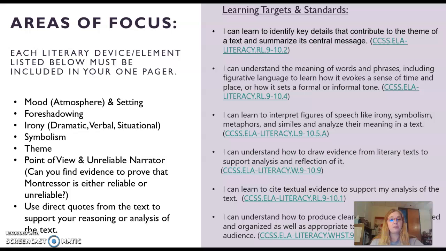And now we're going to look at our learning targets and the standards. Okay, so these are your learning targets here, and these are the standards that go along with them. Okay, I can learn to identify key details that contribute to the theme of a text and summarize its central message. And in fact, on that graphic organizer, you were already looking for a quote that helped prove the assertion